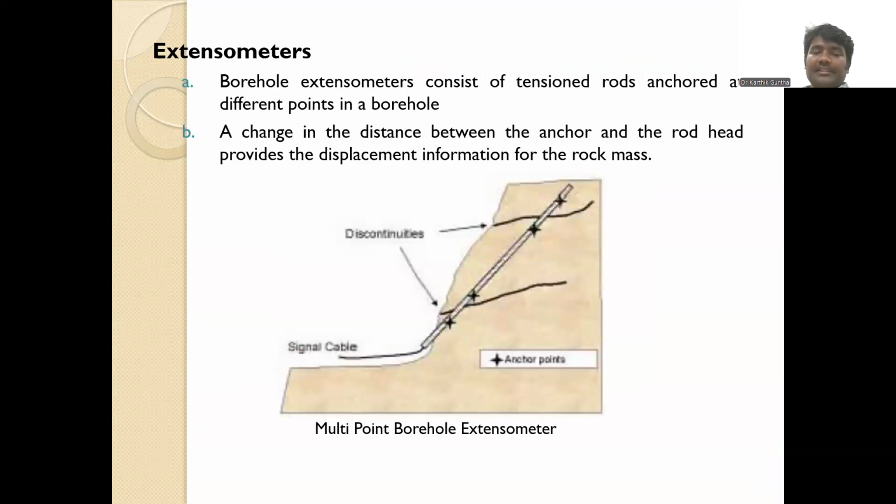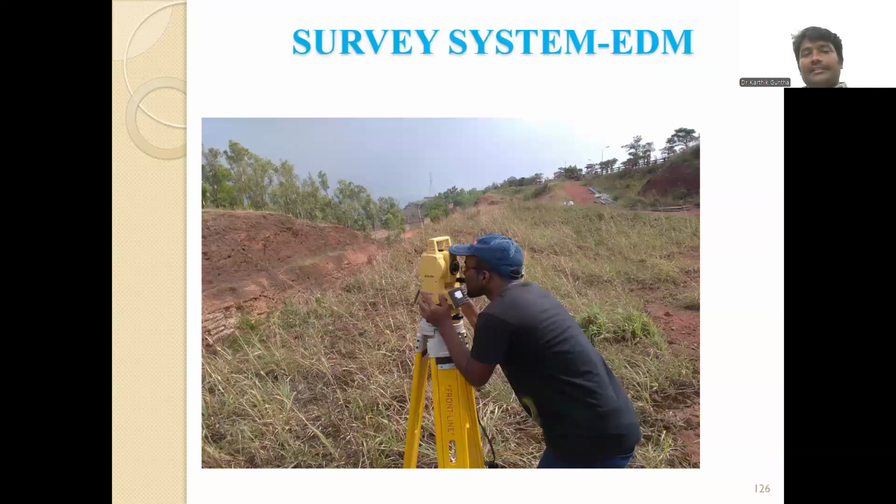The extensometer is also utilized for finding the displacement across the slopes, and this can be utilized for slope monitoring. And this is another survey system, the total station, with which we can identify the horizontal displacement of